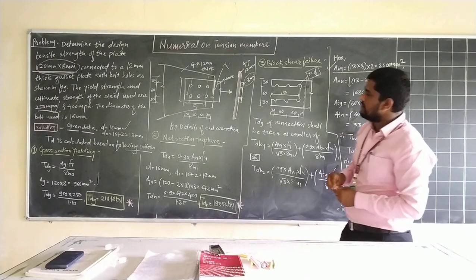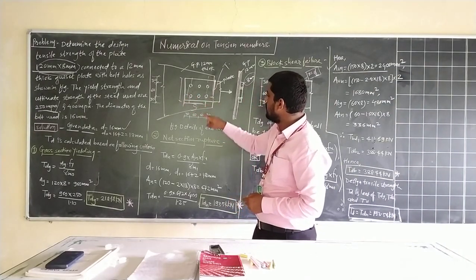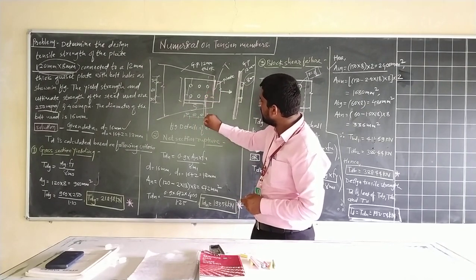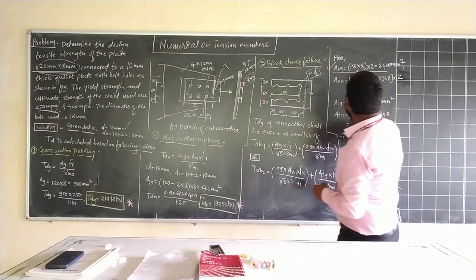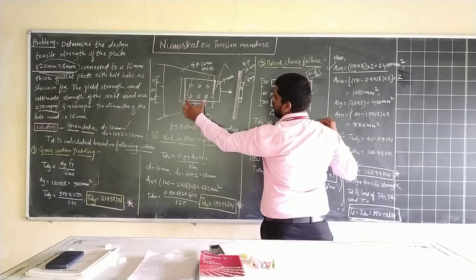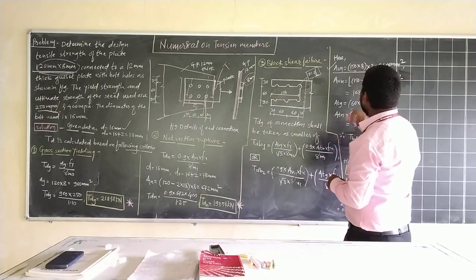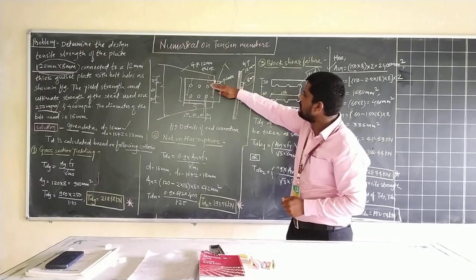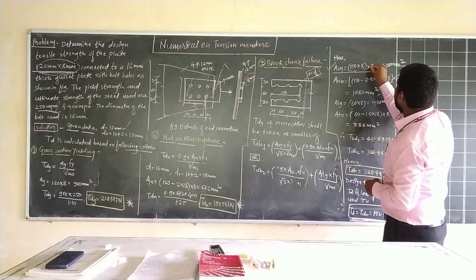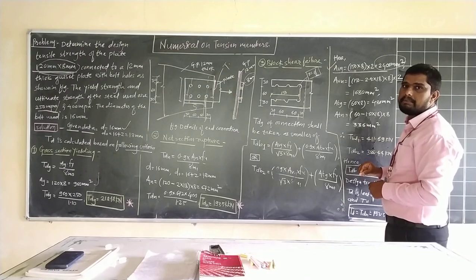We know that shear always takes place from this edge to the outermost bolt, meaning 30 mm plus 60 plus 60. Up to this we get 150 as the length for this plate. So 150 into the thickness of this plate, which is 8, and this happens twice, from this side also, so it is multiplied by 2. The total answer will be 2400 mm square.